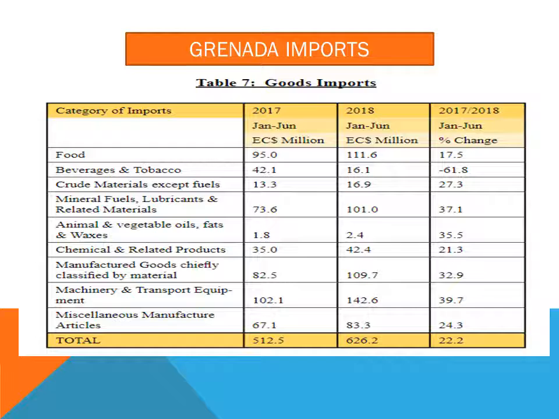And we see a heavy amount in machinery and transport, which tends not to be bad because that is necessary for production, right? But food is very high, second highest. And I believe that is one area that can be reduced if we are more productive in terms of producing locally. And we see in 2018